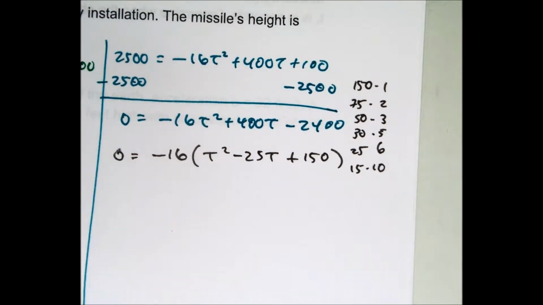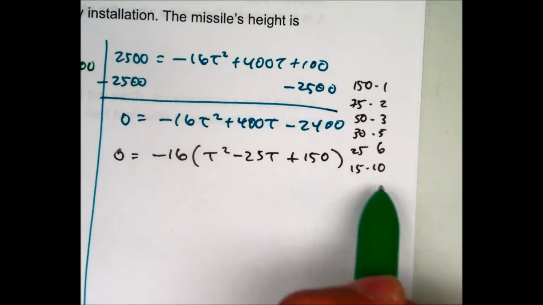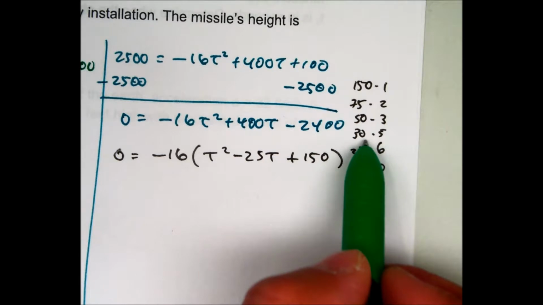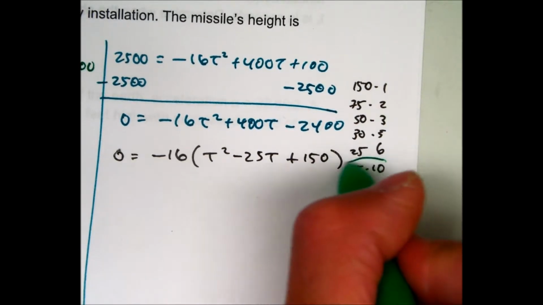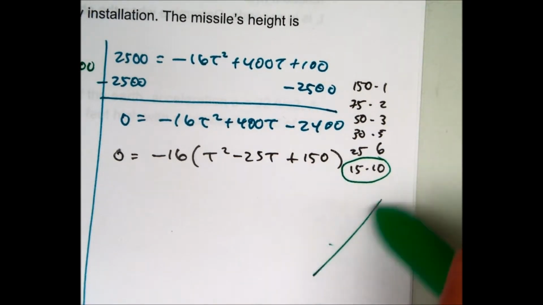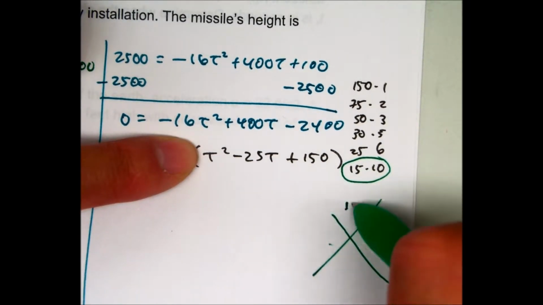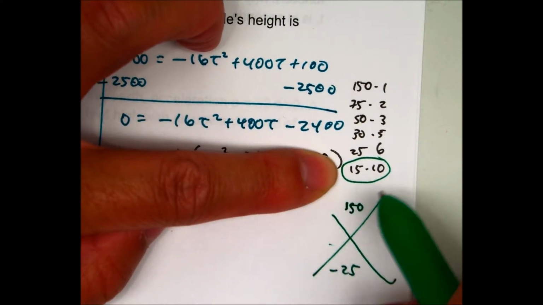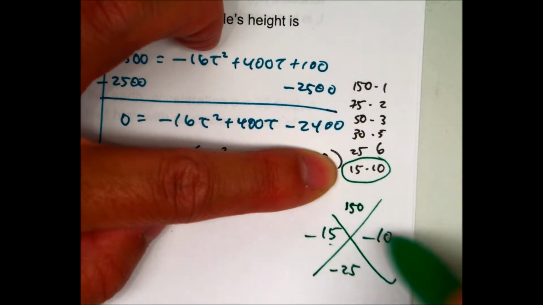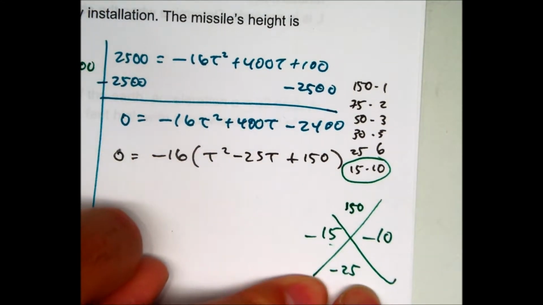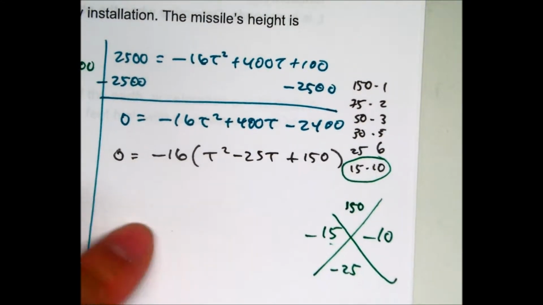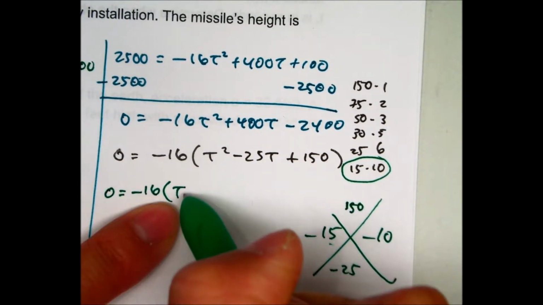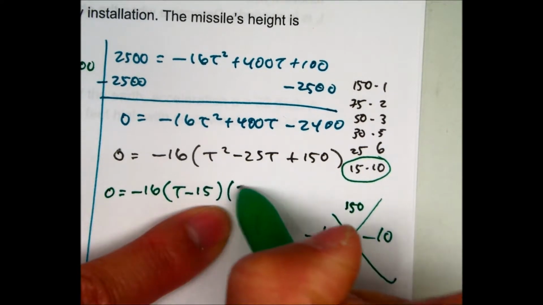Which one, class? Whether I add or subtract, it'll equal negative 25. I did think about 30 and 50 at first, but it's going to be 15 and 10. The reason why is A times C is 150, and your B value is negative 25. If I put in 15 and 10, and they're both negative, if I add those together, they'll equal negative 25, but they'll multiply to be positive 150. So I have 0 equals negative 16 times t minus 15, t minus 10,